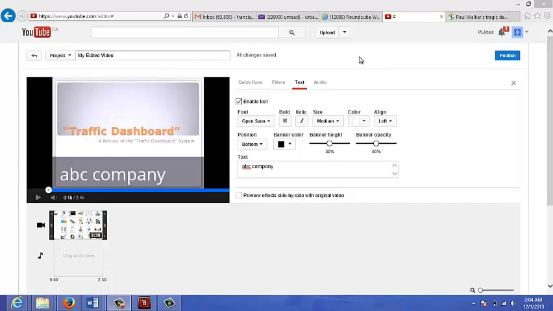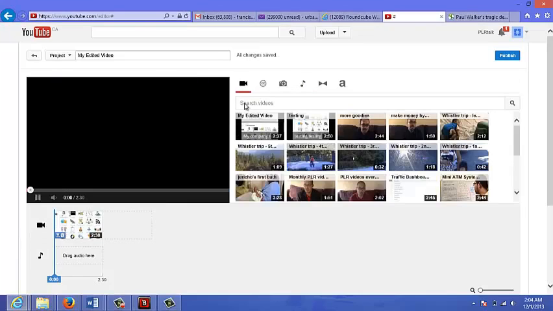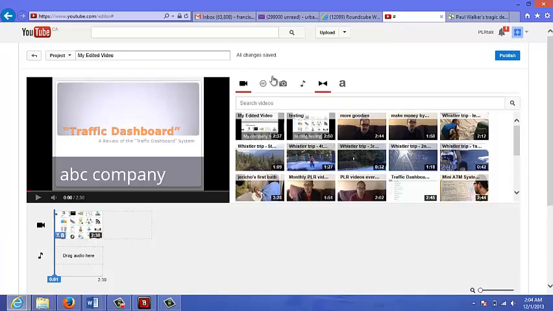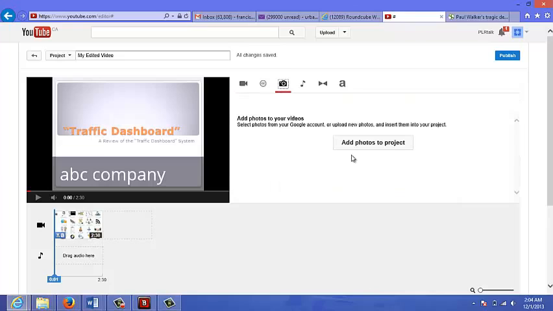In this video, I'm going to show you how to add a photo to your video. Just continuing on from where we last left off, we have some options here, and this is not what we want. So we're going to click on the camera icon here. From there you can see that the options you have change, and if you go right here to the camera icon and click on that, this is where you can add photos